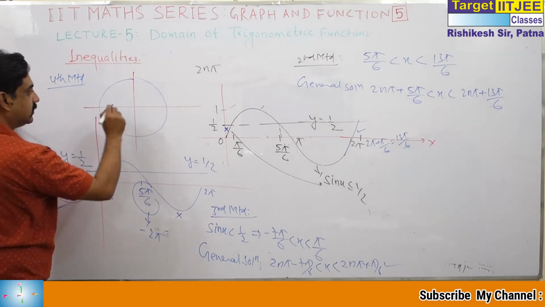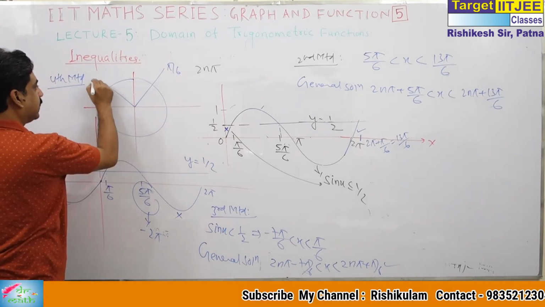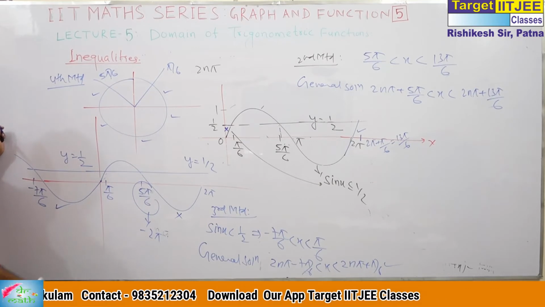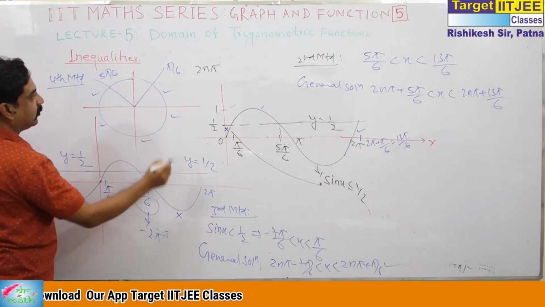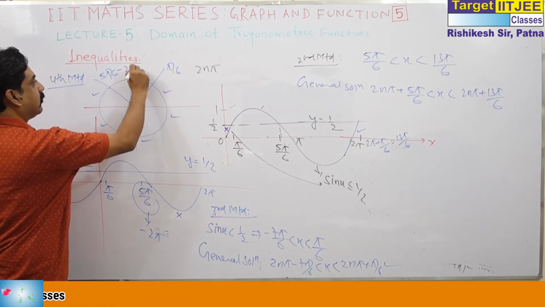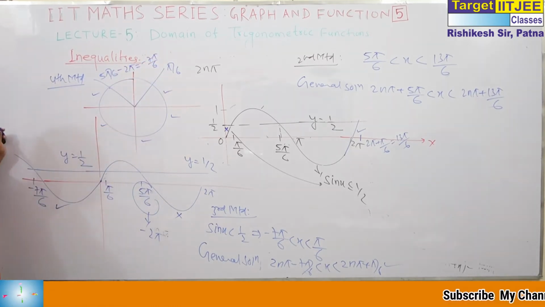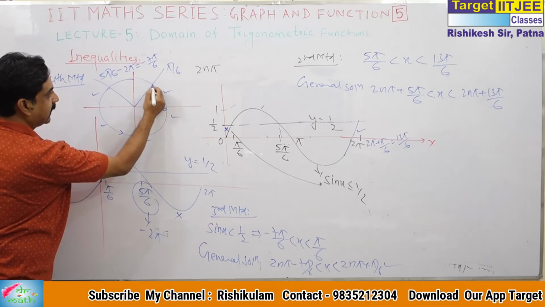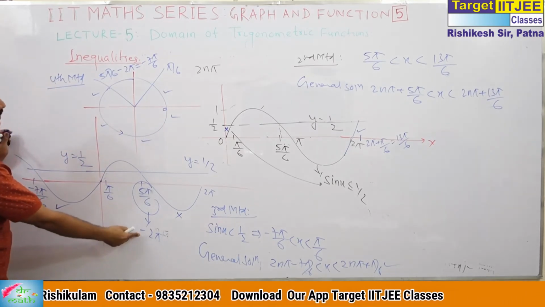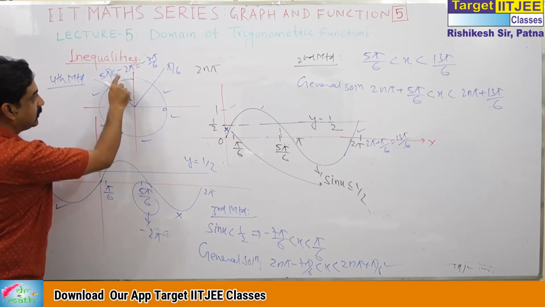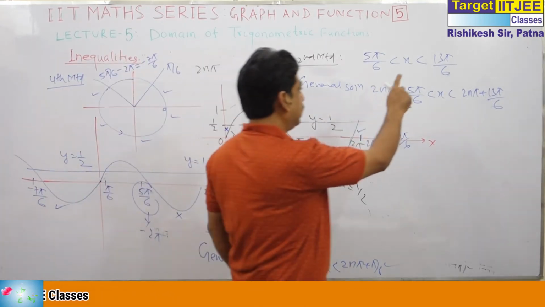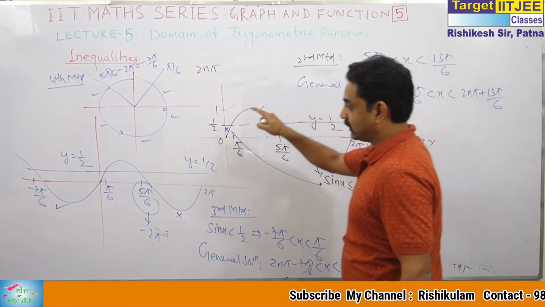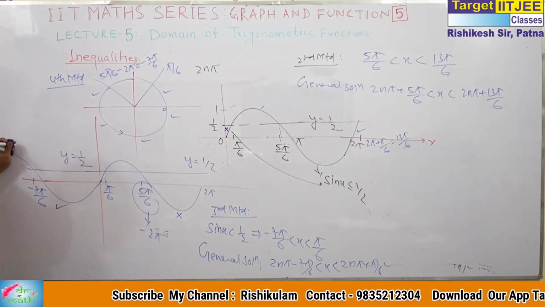We go through this. This is pi by 6. This is 5 pi by 6. For 1 by 2 we have to take this portion. Since we cannot go from here to here, we subtract 2 pi from here to get minus 7 pi by 6. That you can do. And now from minus 7 pi by 6 to pi by 6 is the solution. This is same as this. How do we get 13 pi by 6 here? Adding 2 pi to it. How do we get minus 7 pi by 6 here? Subtracting 2 pi from it. That you can also do.